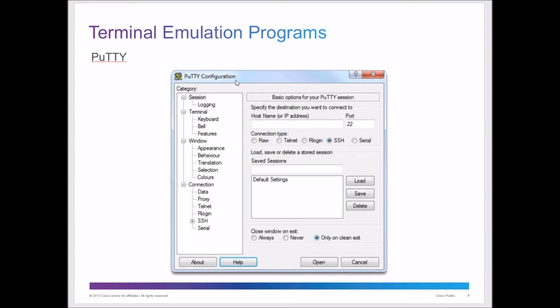If you're taking the NetAcad course, you should get with your instructor. The instructor will provide you a link to a safe or semi-safe website or a place to download this. But PuTTY is just a small program, and this is on a Windows machine here. This is loaded up, but you can also run your SSH in Linux or the Macintosh system. All of those have some type of SSH or terminal software.